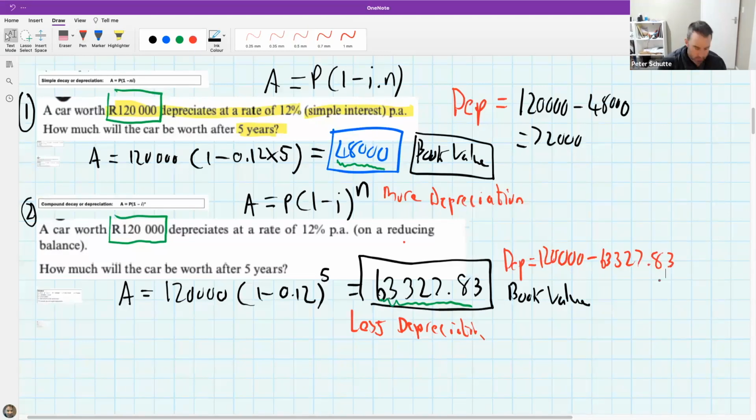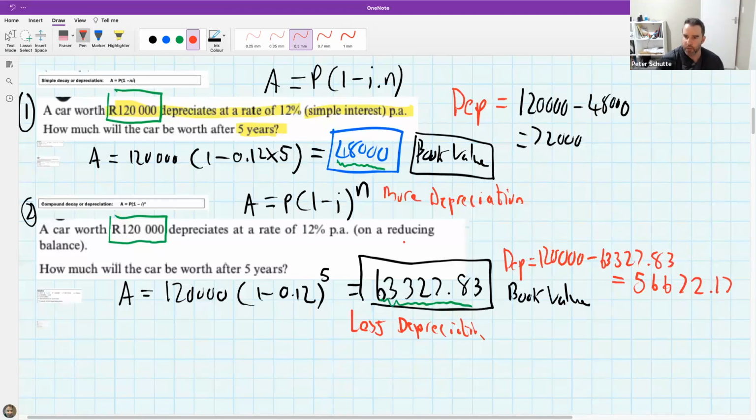So 120,000 minus 63,327.83. And my book value, sorry, my depreciation value here, the amount of value that's been lost is